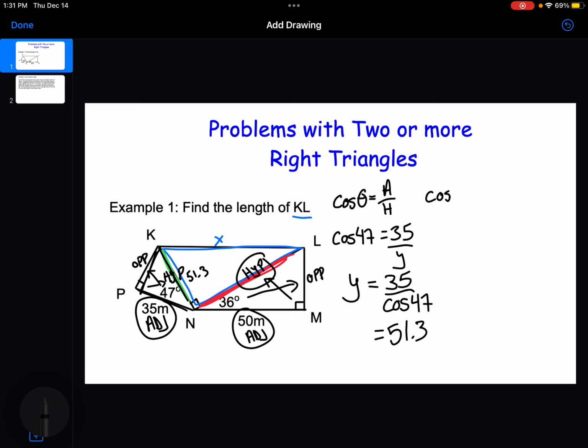61.8. Now, all we have to do is find x. A lot of people are going to want to use trigonometry again. But what we can actually do is use the Pythagorean theorem because it's a right angle triangle. So we've got a squared plus b squared equals c squared. X is the hypotenuse, so we would have